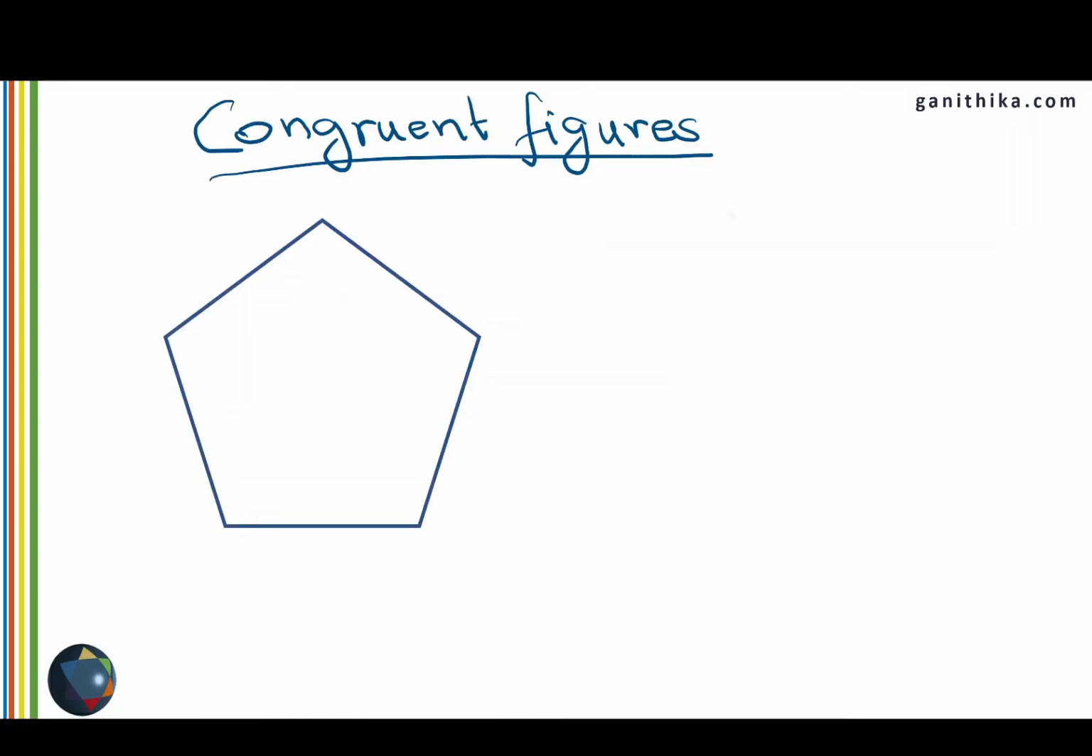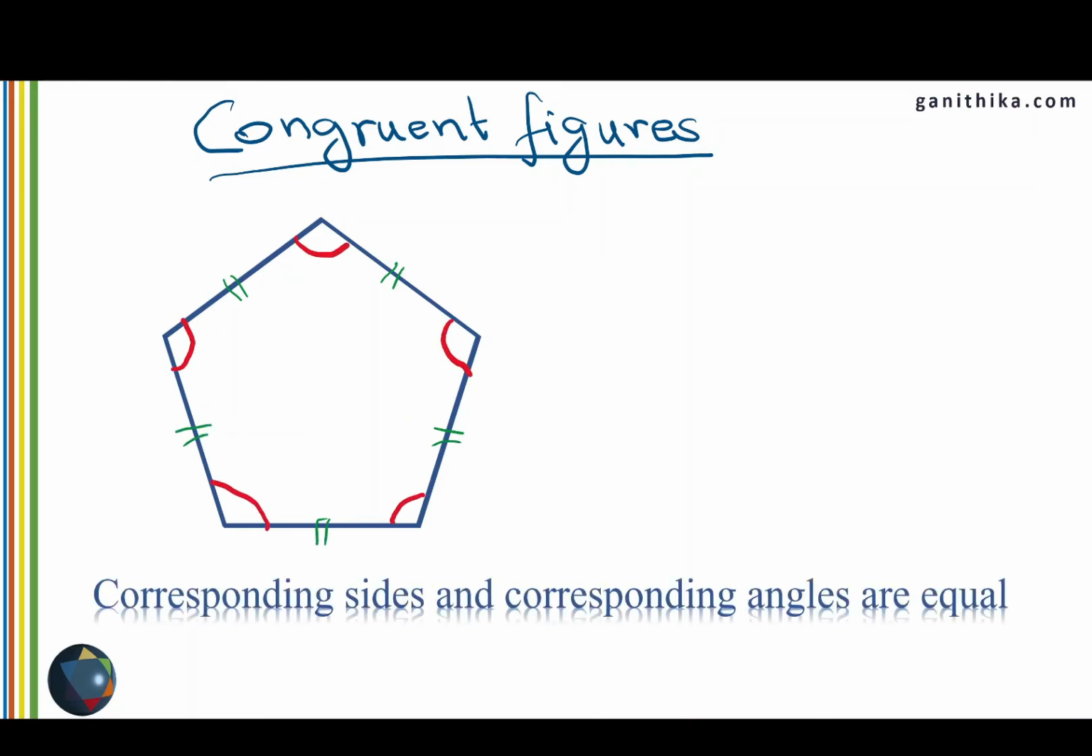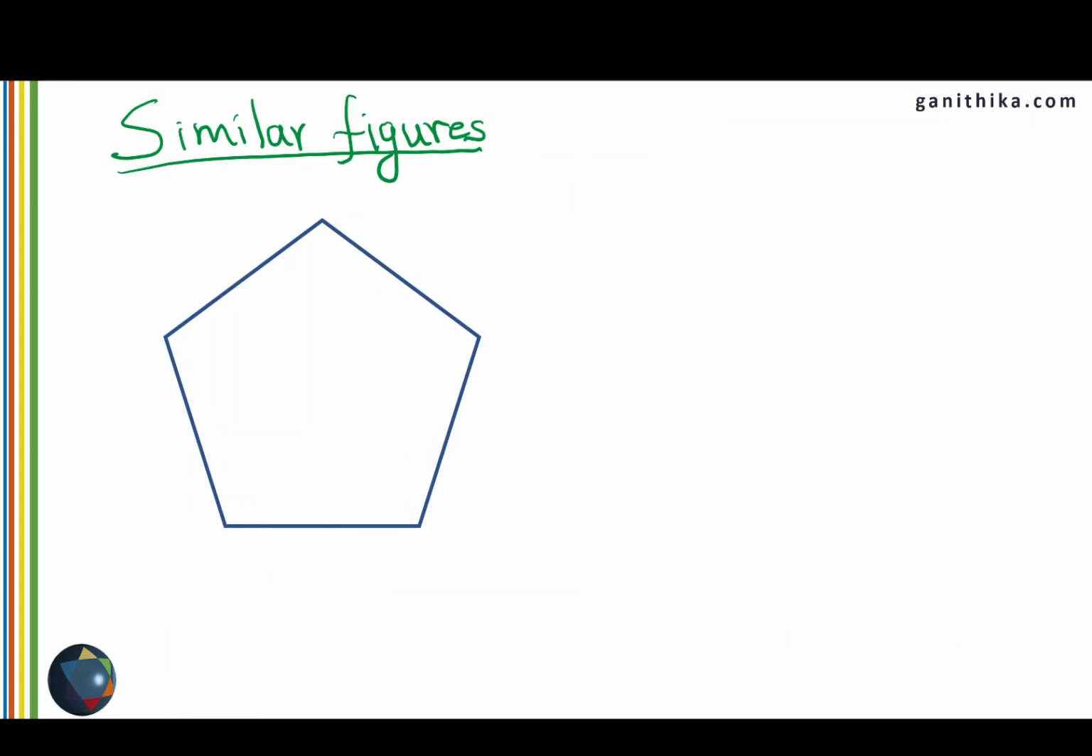Let's go back to congruent figures. If these two figures are congruent, you know that they can be overlapped on each other, which means the sides are going to be the same as well as the angles. So two congruent figures will have corresponding sides and corresponding angles equal to each other. Whereas in similar figures,